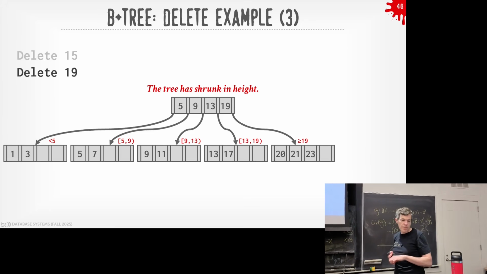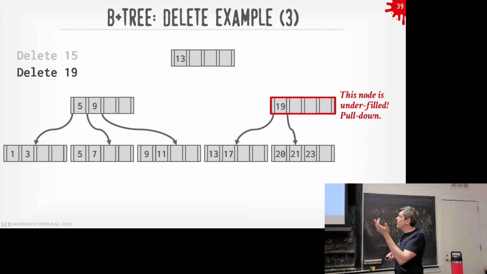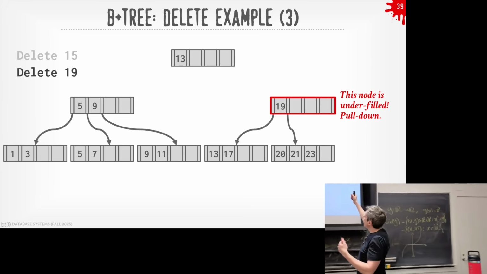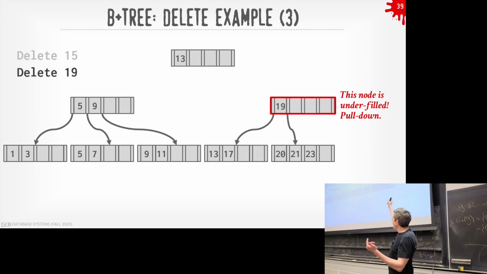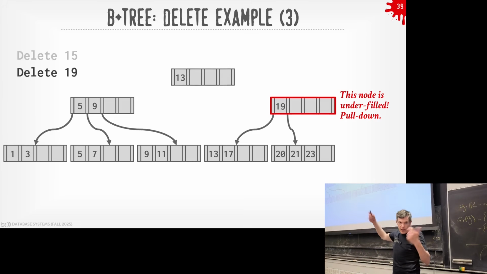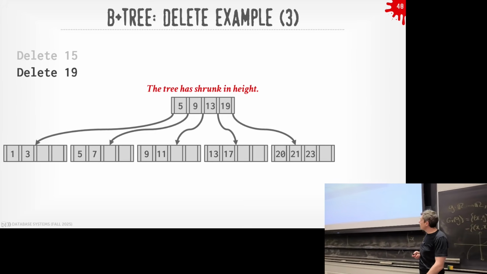The pull down is actually first a merge from the sibling, and then you detect that the root is underfilled. Yeah. So this question is, what do I mean by pull down? You would see that this node is underfull. If I take from my sibling, following that sibling pointer I'm just not showing in the diagram, that sibling would be underfull. So I have no choice but to go up. In this case it's the root, so I can bring it down and collapse them together into a single node.